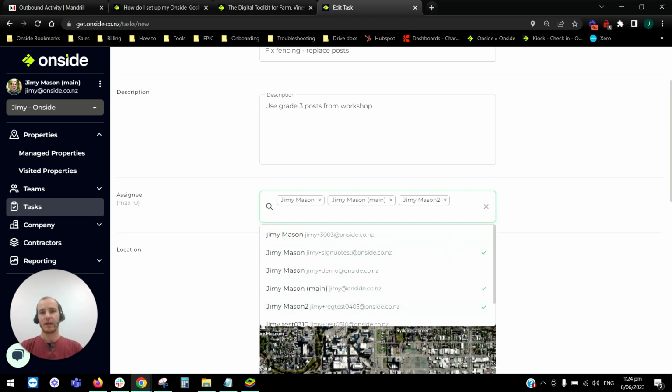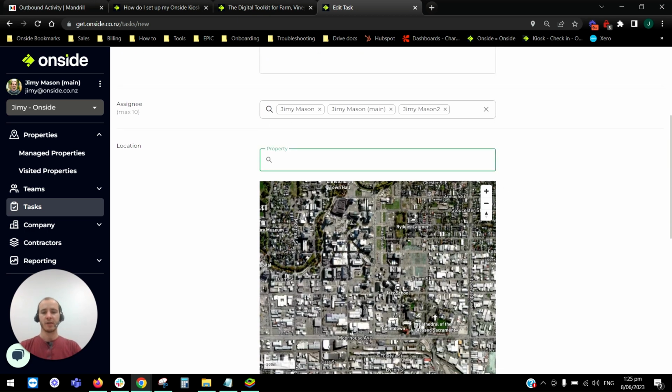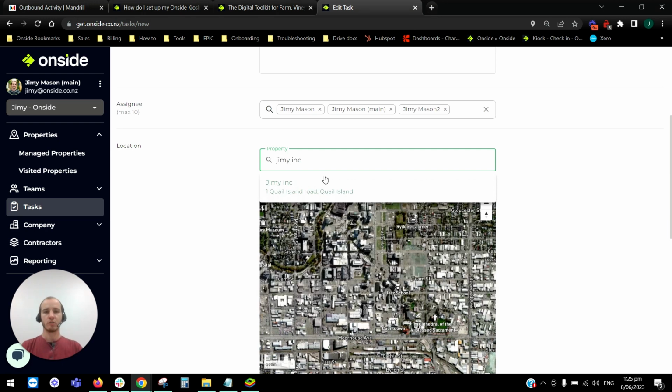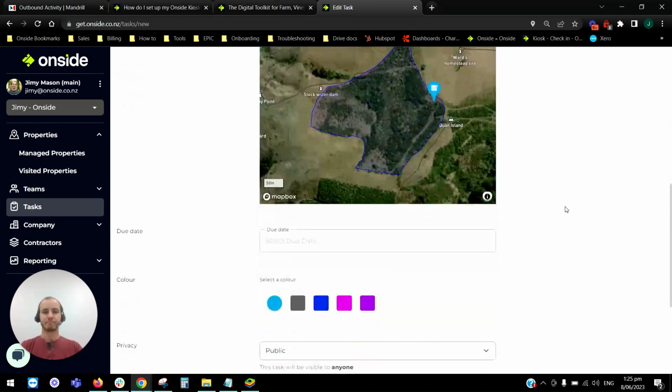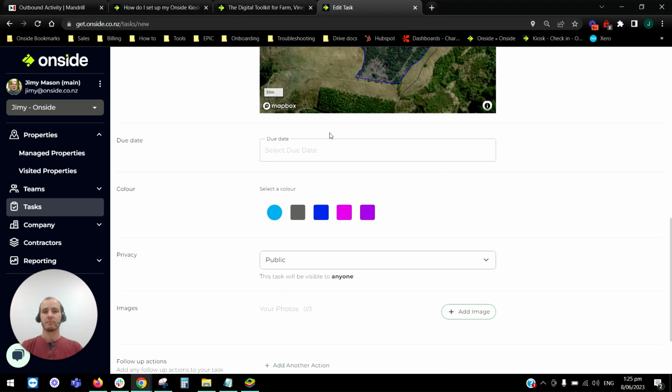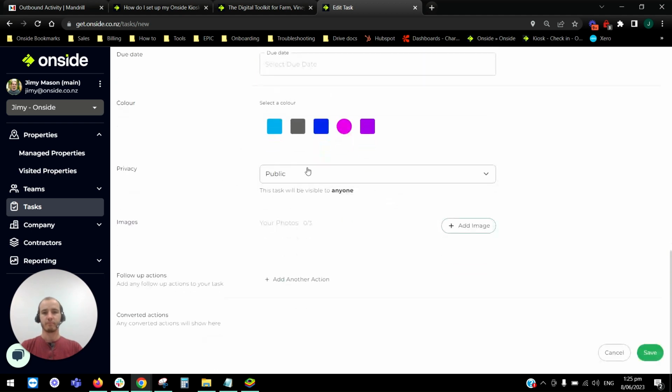So that's the key thing here for the assignees. They need to be part of the same company as you in Onside. I can then choose to put it down on property, and I'm going to go for Jimmy Inc. And I'm going to put it down there. Due date, again, another optional one. I can change up the color of the pin. Choose the privacy level,